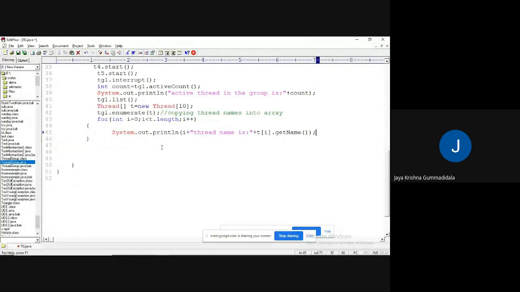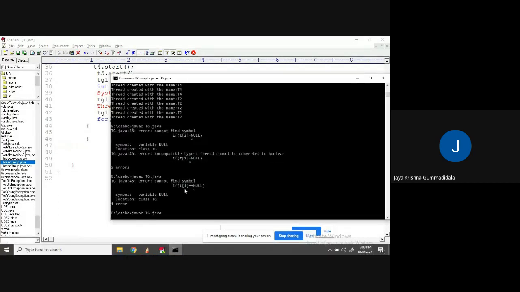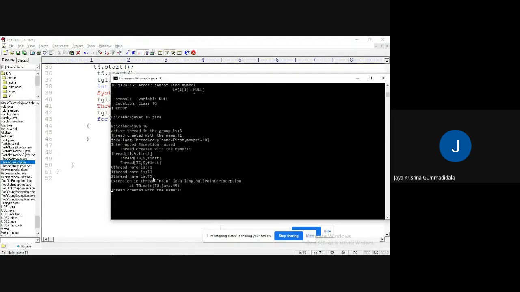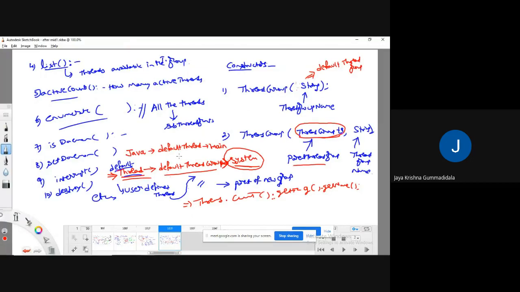You can remove this null pointer exception. Why did I make that change? Because I want to remove that null pointer exception. That's it. Observe, here you got the null pointer exception that you can rectify. Okay, so this is the concept of thread grouping. I hope you understood it very clearly. Thank you.